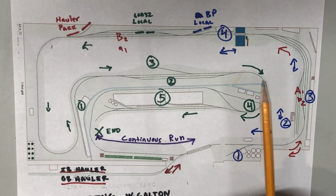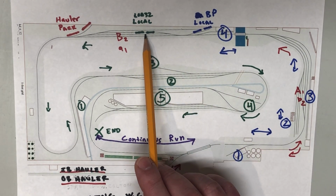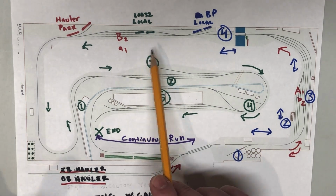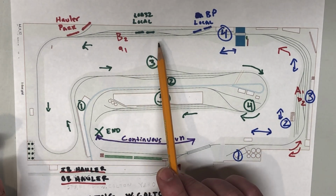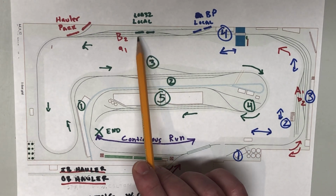So the new layout, very similar. The locals, for now, are going to be parked here. This is kind of the yard we're going to use. In real life, it's kind of 2 long tracks that's before the actual Anaheim yard, but they just don't have room to fit that. So the local here will pick up its